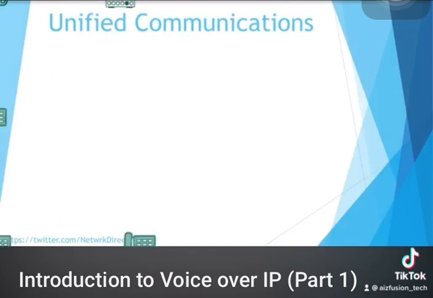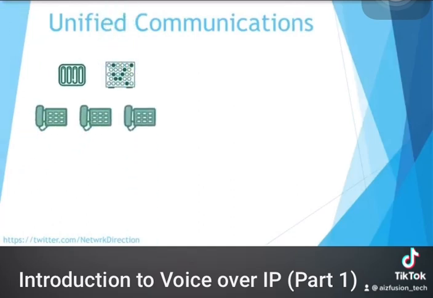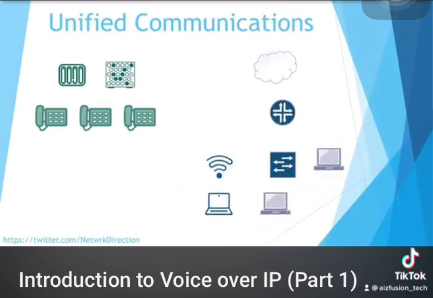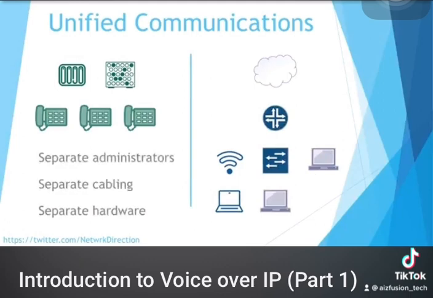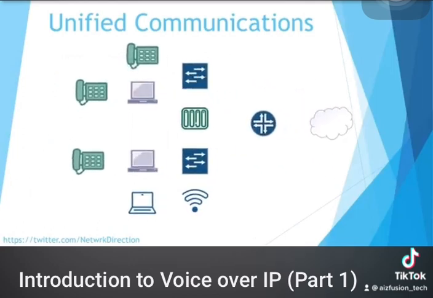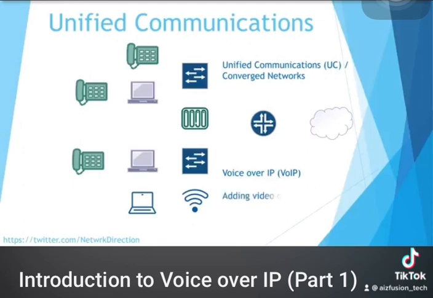Phone networks came first. Each desk had a phone on them when computers were still only for a few users. When data networks caught up, they were entirely independent of the phone network. This usually meant separate administrators, separate cabling, and separate hardware. This is clearly not as efficient as it could be. So eventually, we started to see unified communications, or converged networks. The whole point to this is to combine voice and data onto a single network. And that's where we are today. We have phones connecting to switches, digital phone and data lines, and IP-enabled PBXs. In general, we call this Voice over IP, or VoIP. Something we're seeing more and more is the addition of video to this as well. It's not just voice anymore.